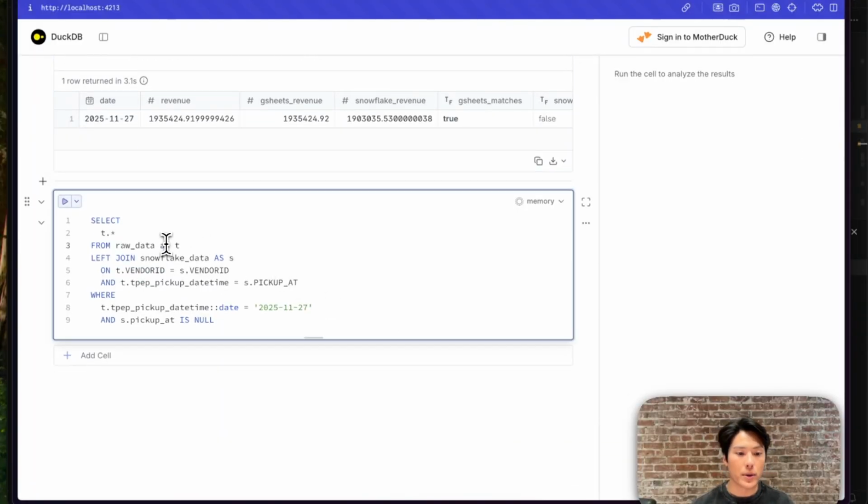So now I have a query that is pulling the raw data feeds. We're going to join that by the vendor ID using the pickup time. And if you actually take a look at the granular data, the unique key across all data sets are the vendor ID and the pickup time, because the actual underlying data is a taxi data set. So a vendor in this case is one taxi cab, and it's impossible for them to pick up multiple people at once, ideally, unless you're Uber and you do Uber share. So let's run this data,